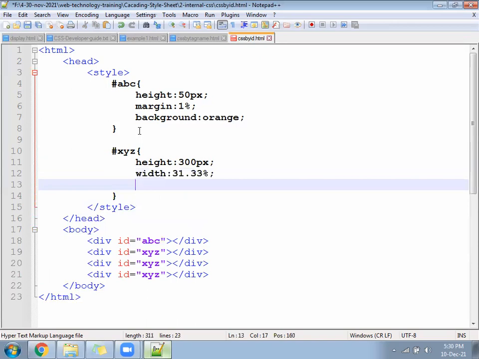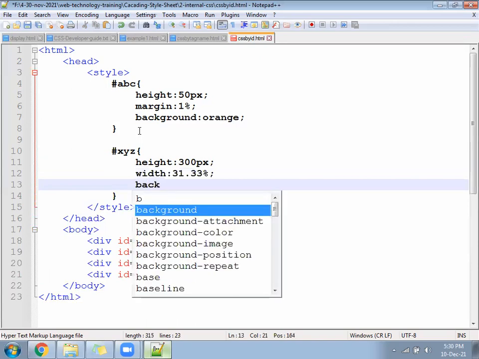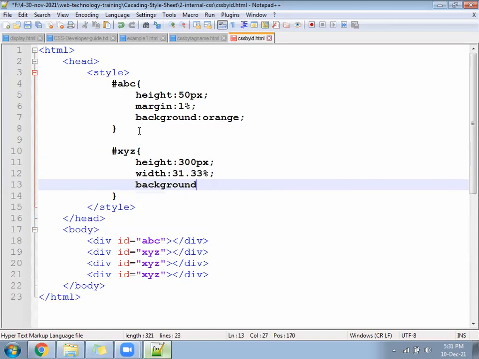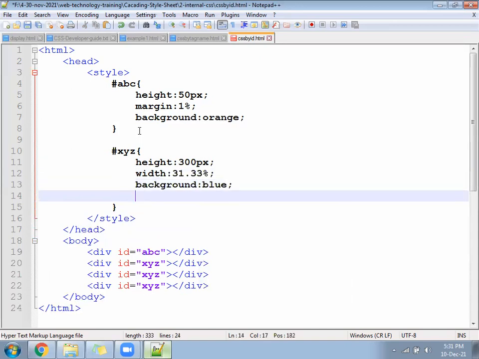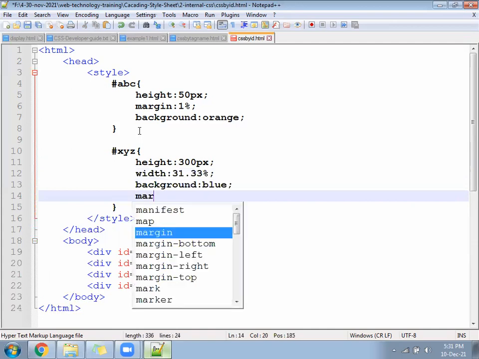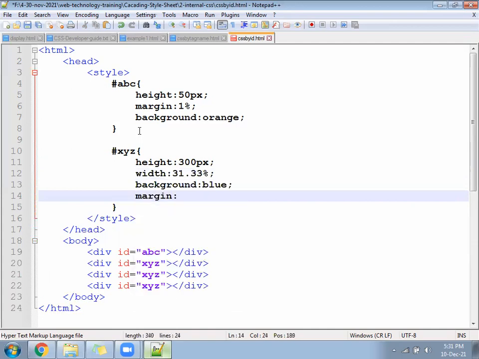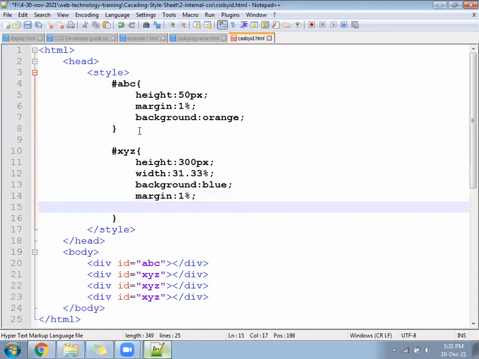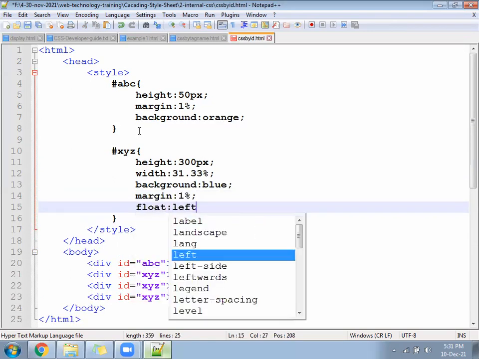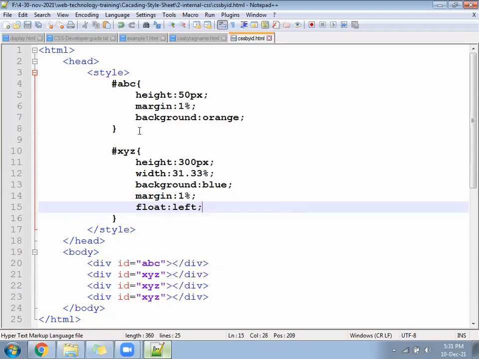Height, width. Background of the XYZ, blue color. And margin between two XYZ, 1%. And alignment should start from the left side. That is called float left.